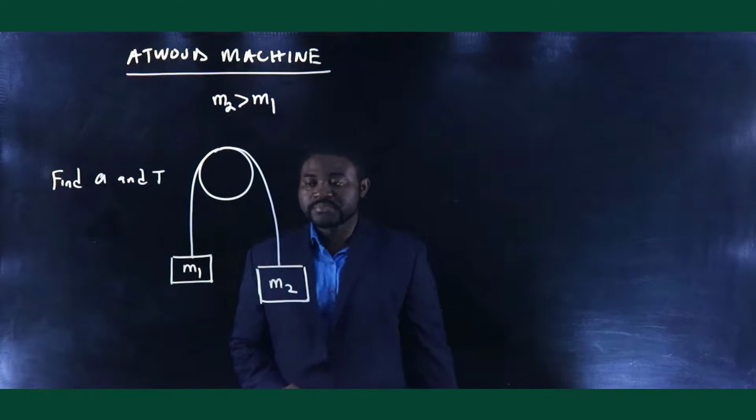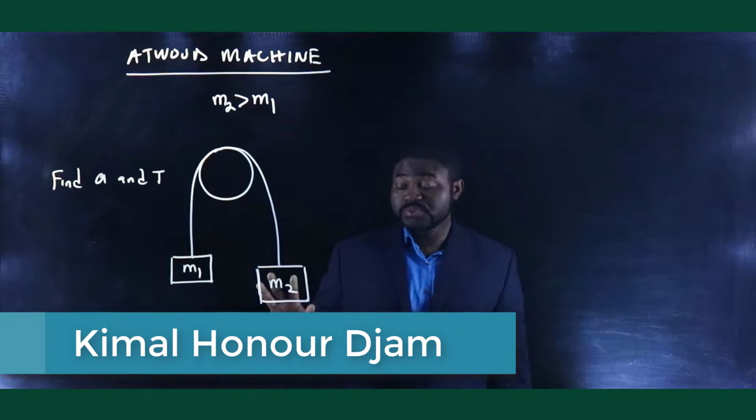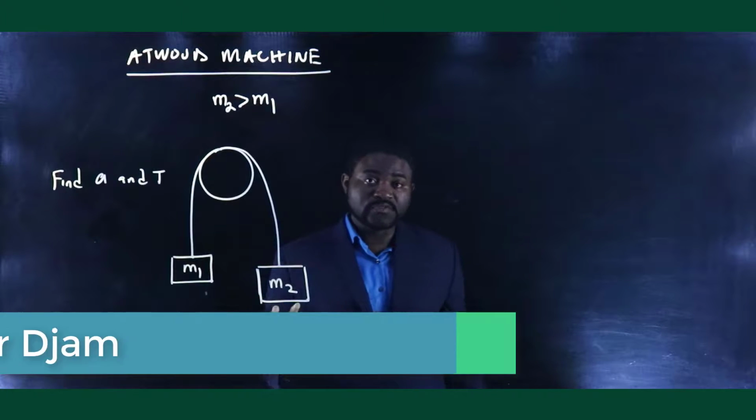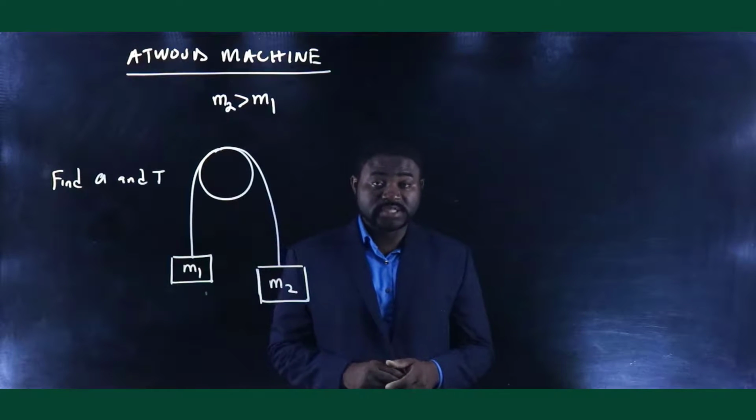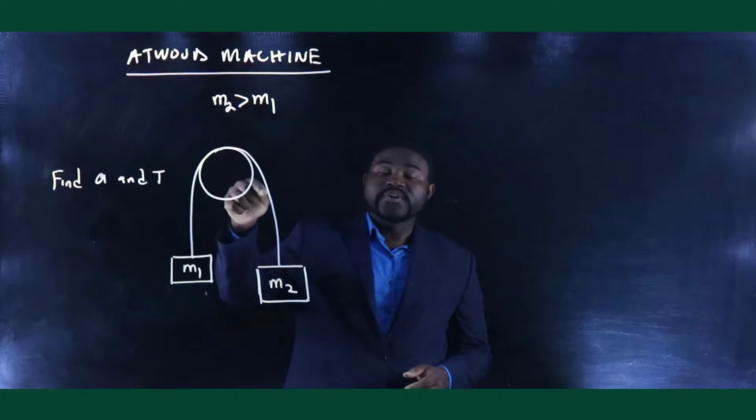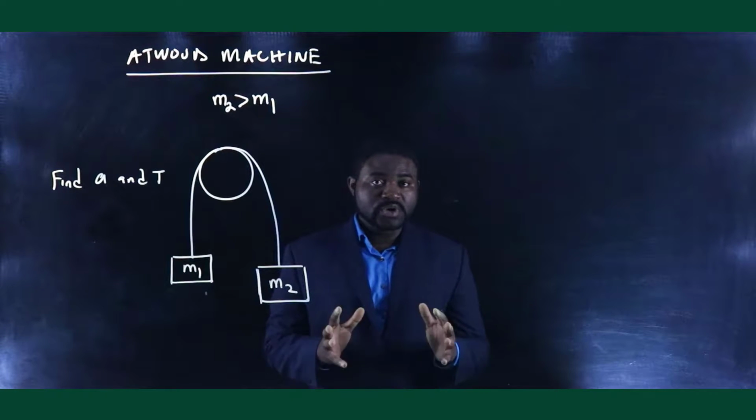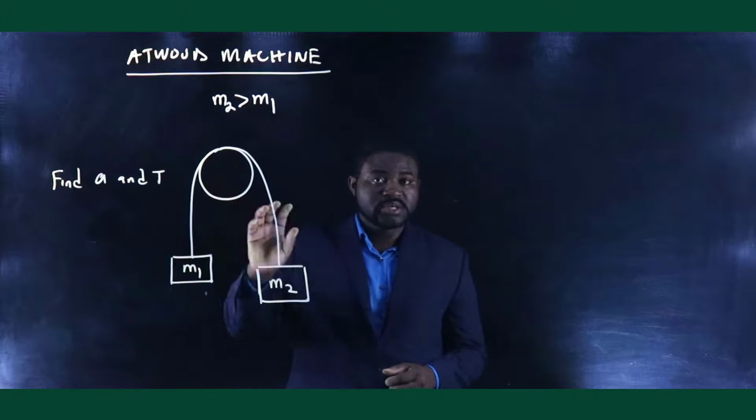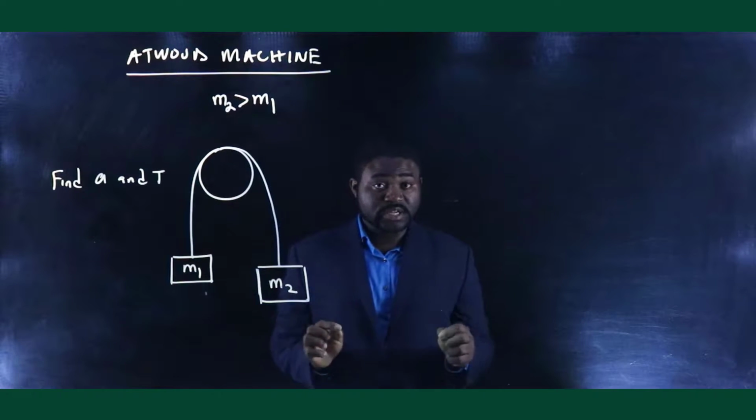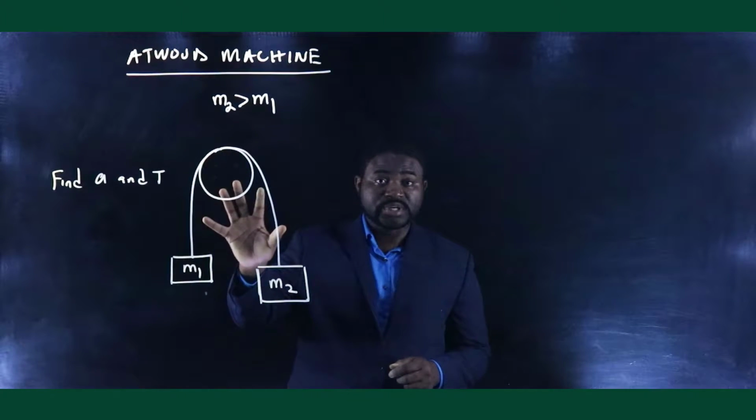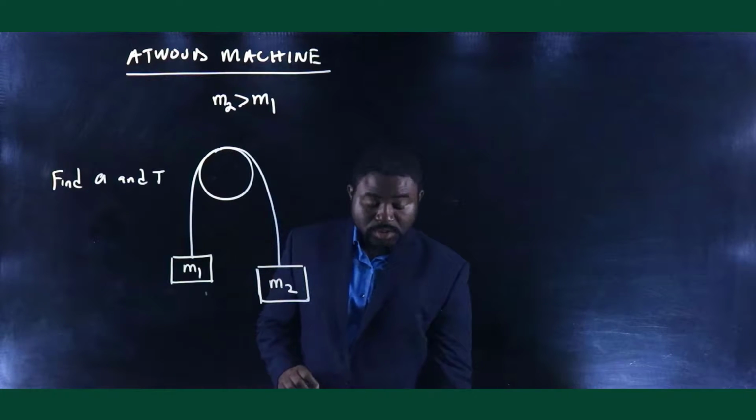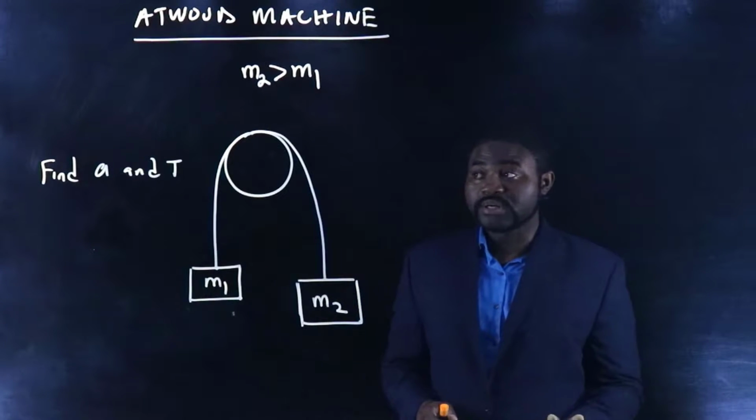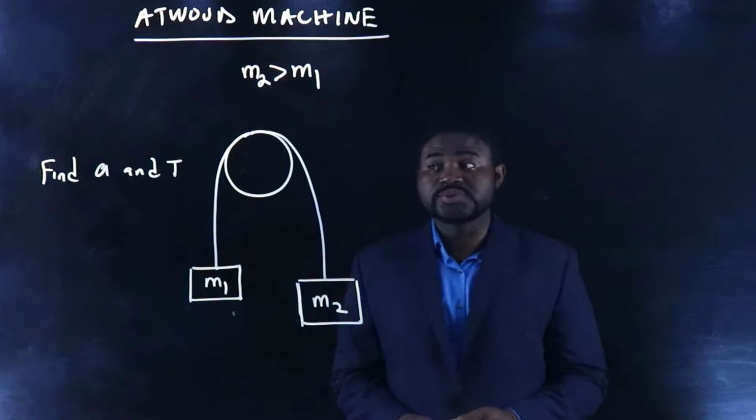Now the Atwood machine basically consists of two blocks, 1 and 2. Most often one of the blocks is heavier or more massive than the other, around a pulley. We're going to make a fundamental assumption in this problem that the pulley is massless. Now, the consequence of that assumption is that the tension in the string remains the same. So our task or objective of this problem is to determine 1, the acceleration of the system, and 2, the